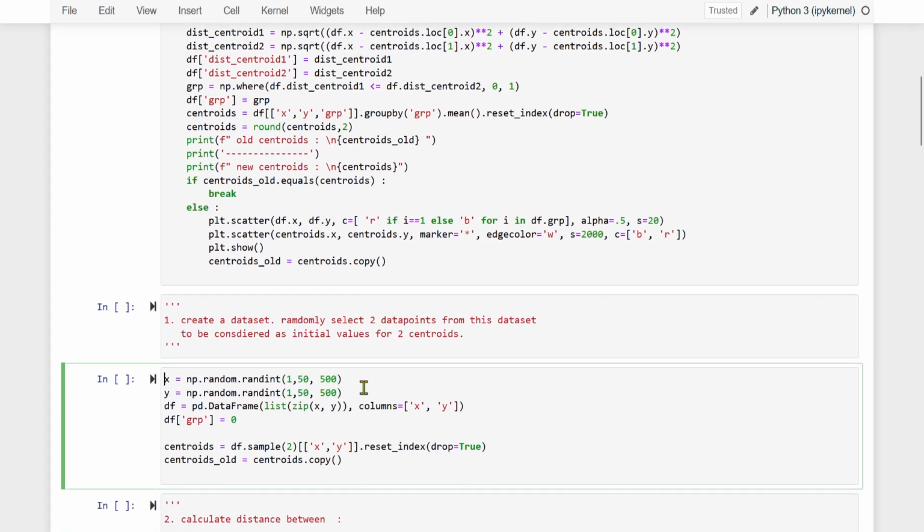So we are creating data for the x-axis. This is for the y-axis, and we are creating a data frame out of that. We are also creating one column by the name group and making it 0 initially. So all the data points will initially be considered as belonging to one cluster. Eventually, they will belong to two different clusters. So fine. So let us